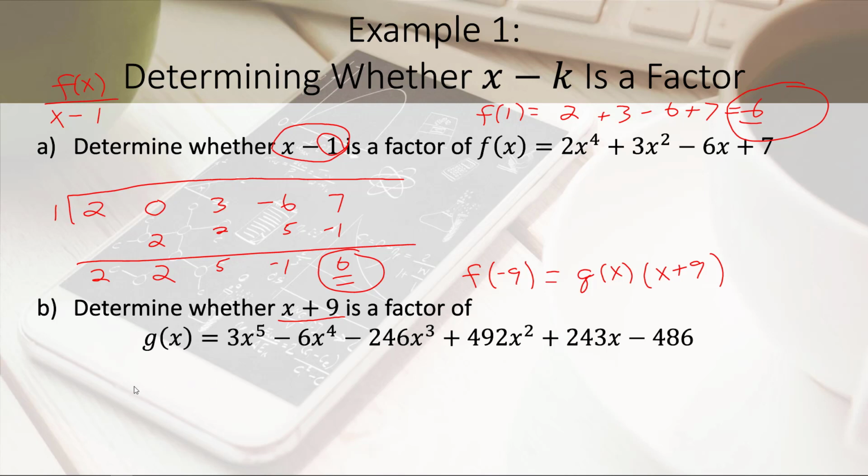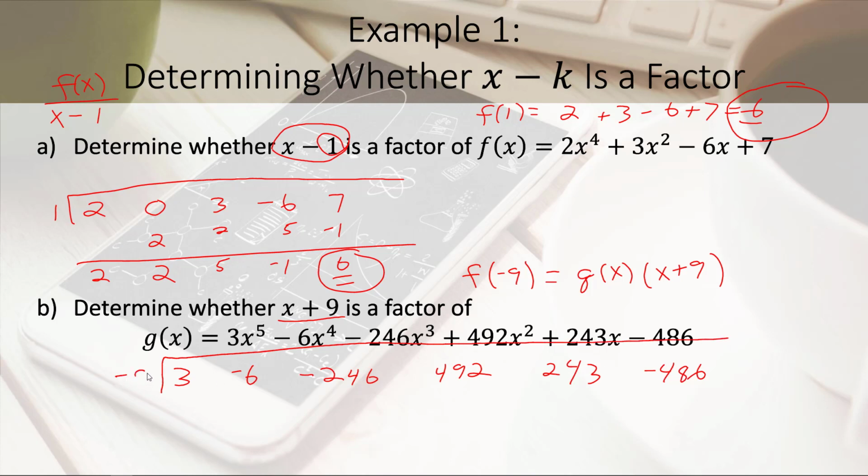So let's go ahead and work this one out. Here our coefficients are 3 for the quintic term, negative 6 for the quartic term, negative 246 for the cubic term, plus 492 for the quadratic term, 423 for the linear term, and then negative 486 for the constant term. And we're going to divide all of this by x plus 9,